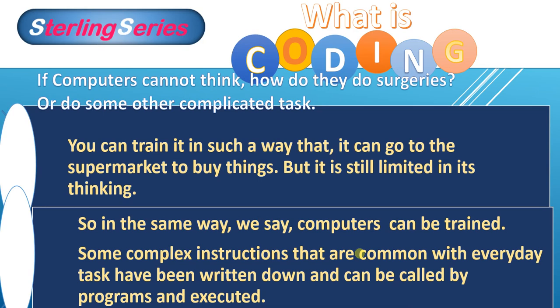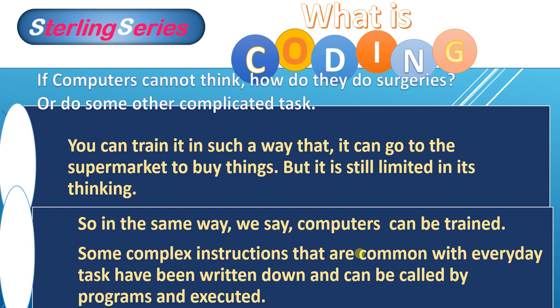which one would tend to believe that it thinks. So we've been watching on our television, or we watched on our television before, seeing a dog going to the market to buy things because it has been trained. But the fact is that it is still limited in its thinking. So in the same way, the computers can be trained and the computers will be limited in their thinking. In actual fact, it doesn't think, so it will be limited because it does not think.